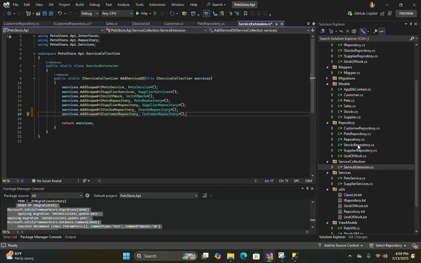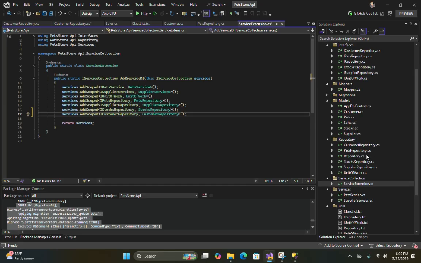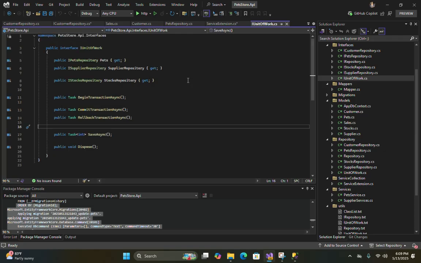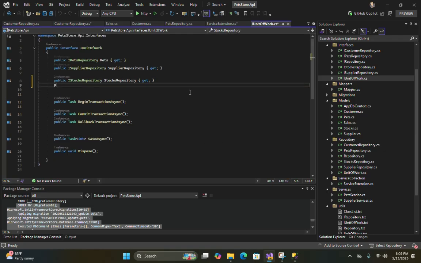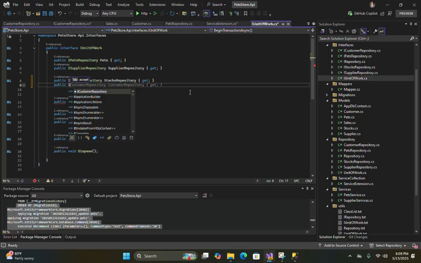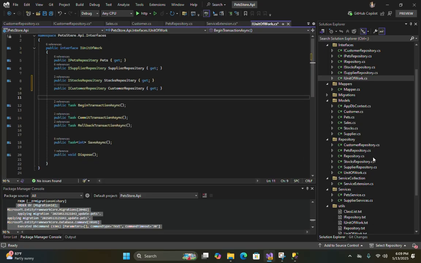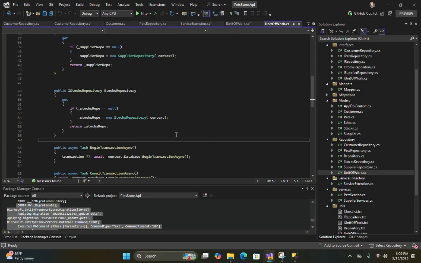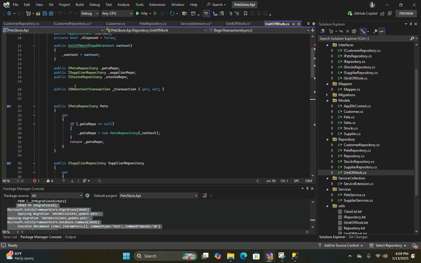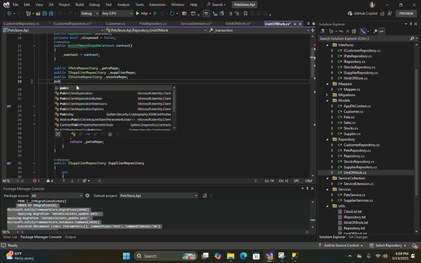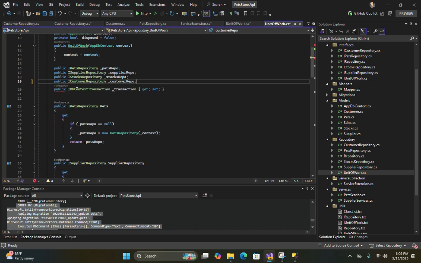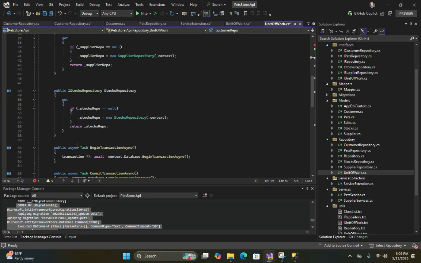Now we need to add our customer repository to the unit of work, right? Let's add our customer repository to the unit of work. Okay, now add to the unit of work. Okay, do the same thing but for customer repository.